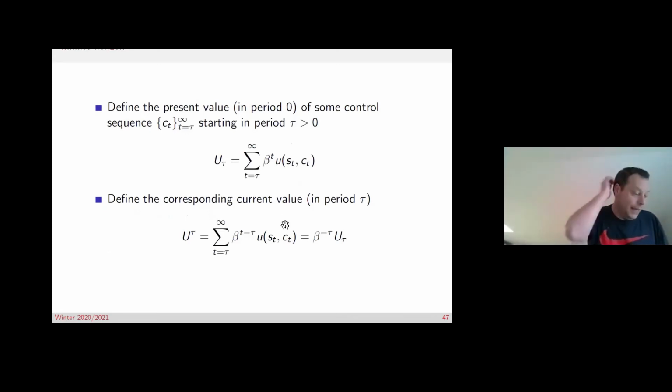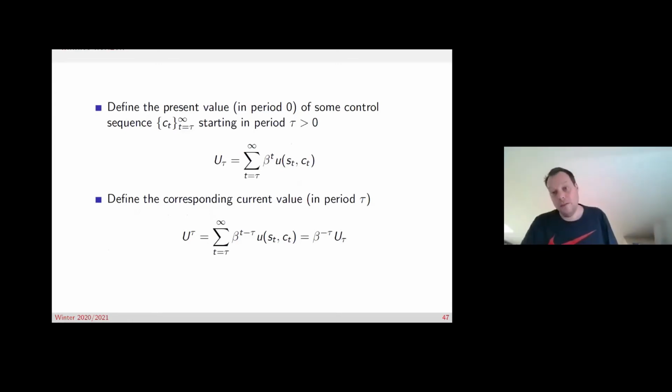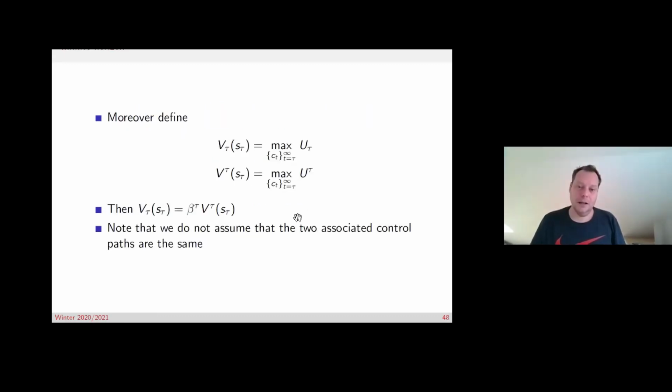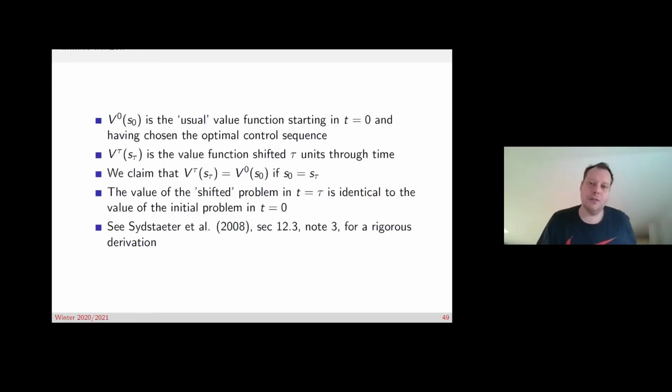So whether you are in 5 years, or whether you arrive finally in 5 years and then start planning, although again, it could in principle be the case, I think it's not, that the plans that you have written down in 0 for in 5 years, and the plan that you want to pursue once you are in 5 years, might look different. Okay, so one of the value functions is the standard value function.